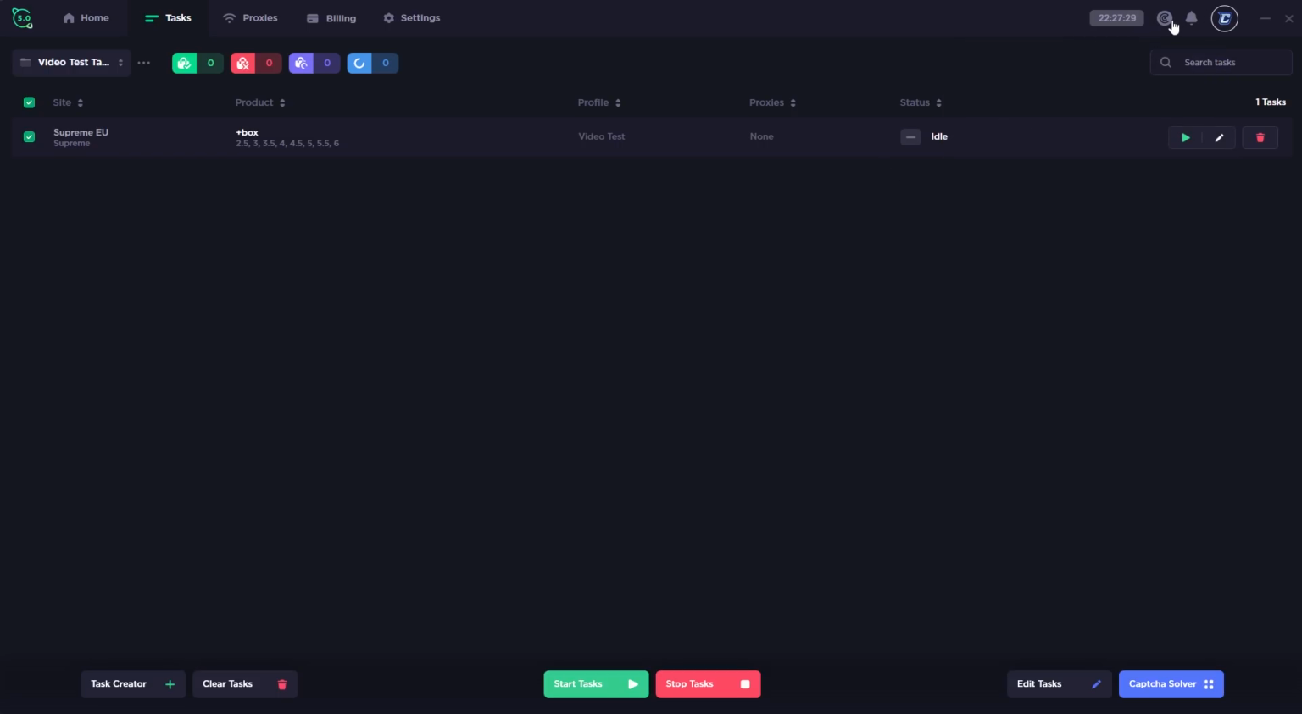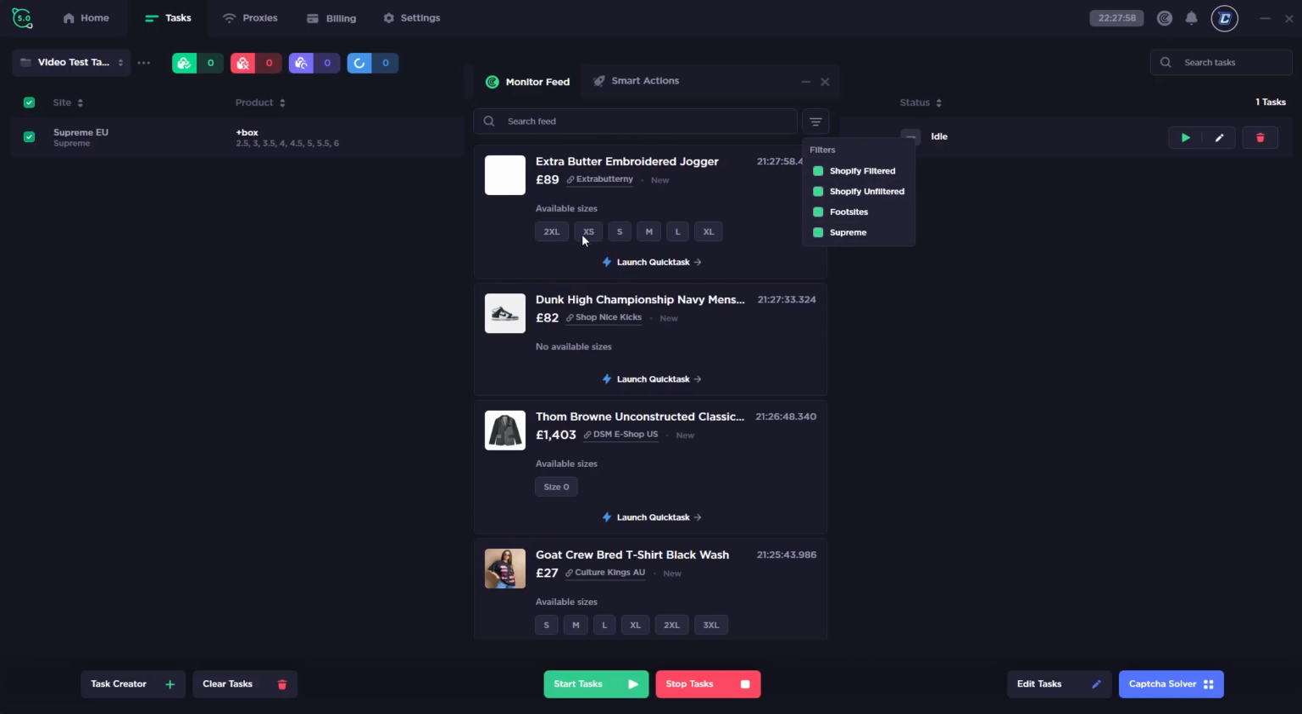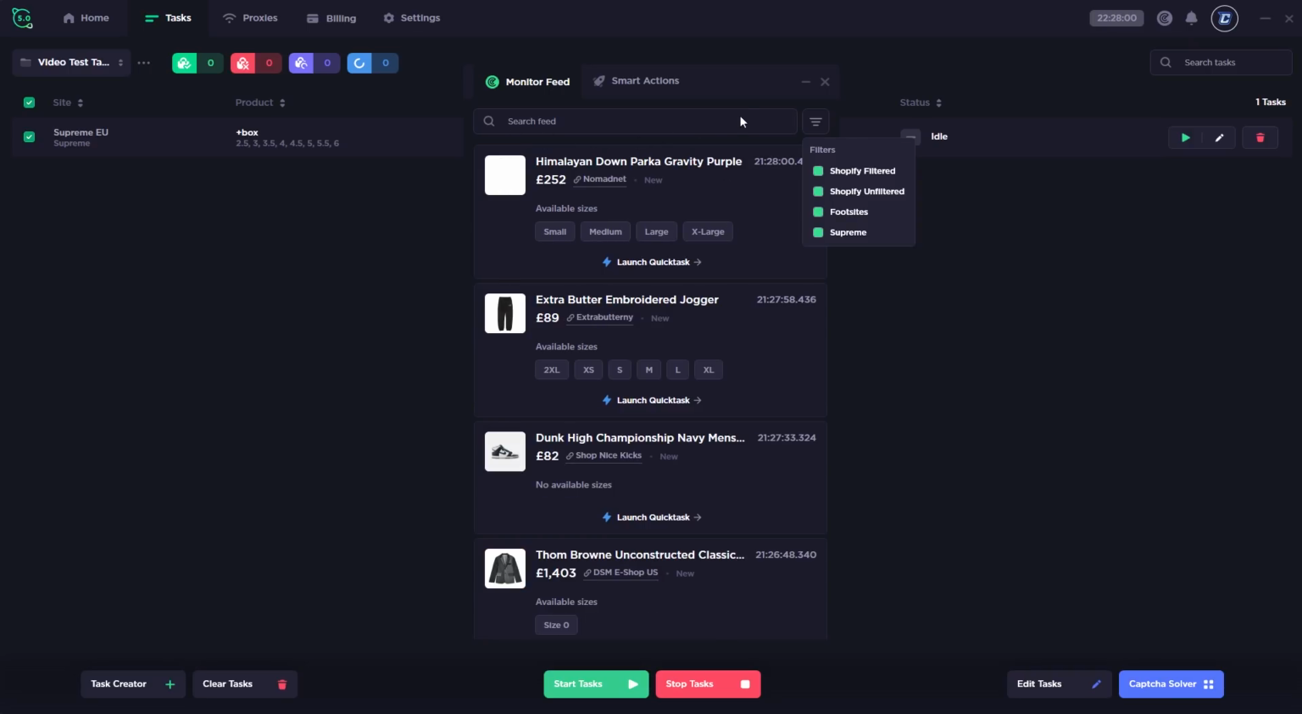Then you have one of the biggest features that's come to Cyber with this new update. If you click this, it's going to show the monitor feed. Now you can actually launch quick tasks from this monitor. You can see the price. You can click the link here, and you can look at this monitor whilst everything is coming in. You can also search the feed if you wish. Then you have some options here to filter it if you wish. And it also shows the sizes. As you guys can see, everything's just coming in